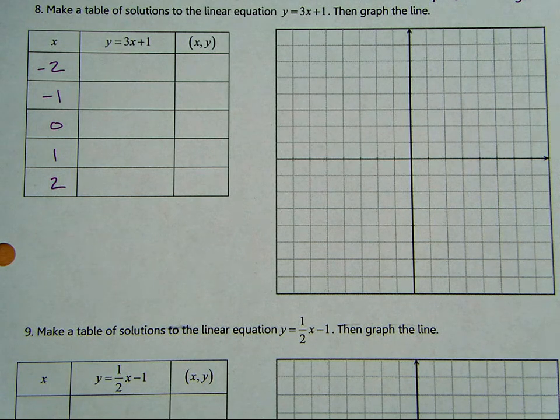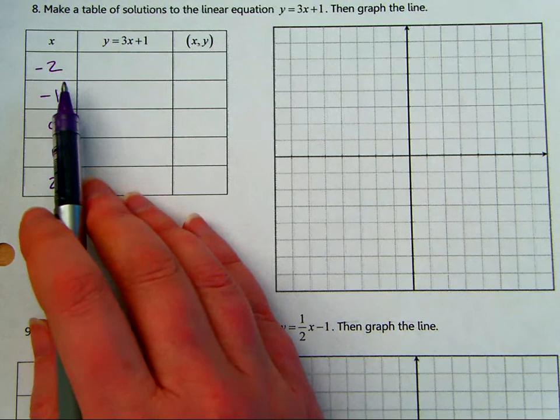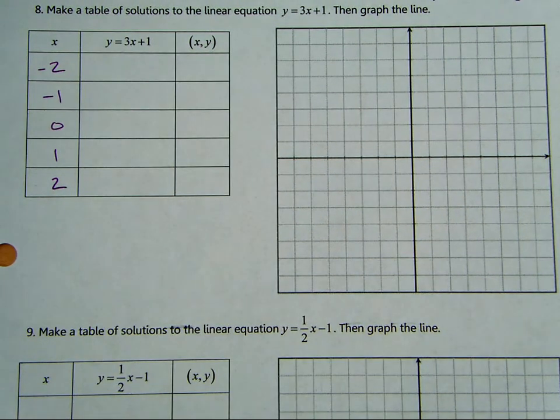You really can use any x values you want, but I probably wouldn't start with 100. No. 120. The fraction ones are fun too. Yeah, we're going to get to the fraction ones for sure. So could they just be all positive? 0, 1, 2, 3. We could have done that too, but it's nice to do some negative and some positive.